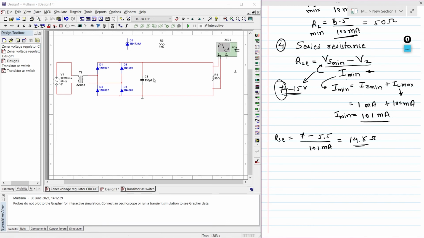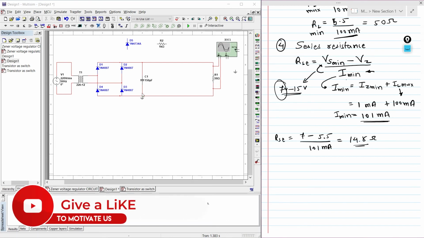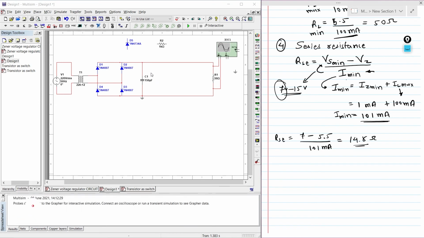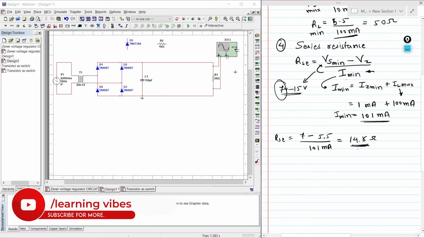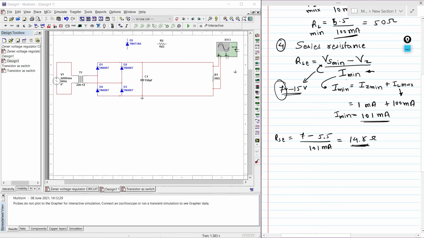Even practically it is possible that we may not find an exact 150 microfarad capacitor. So when you are designing an exact practical circuit, you need to choose a capacitance which is the nearest possible value to this 150 microfarad, and then calculate the RSE. And once you get the calculated value of series resistance, then go for the nearest possible resistance to this value. We'll just round it up and take it as 15 ohm.